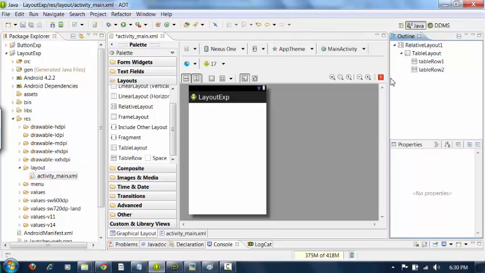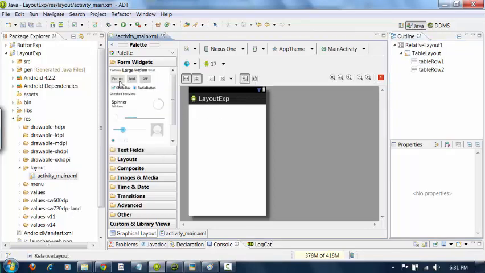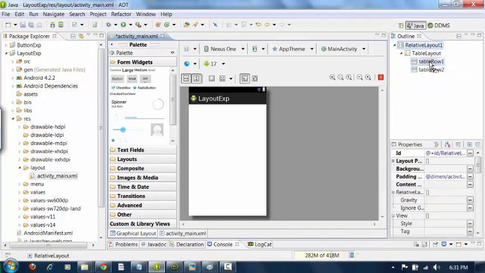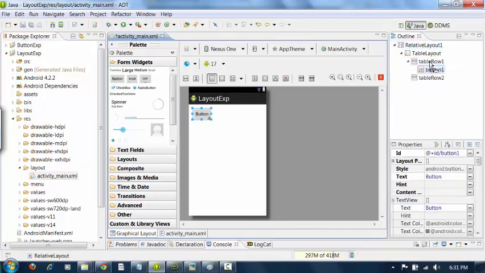Now as I explained, in the table layout you can arrange the components in rows and columns, but you can find only rows here. Where are the columns? So the columns are whatever the components you are adding to the table row, that component itself is considered as a column.